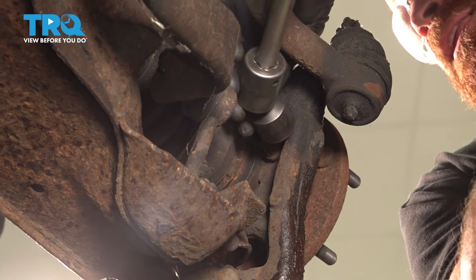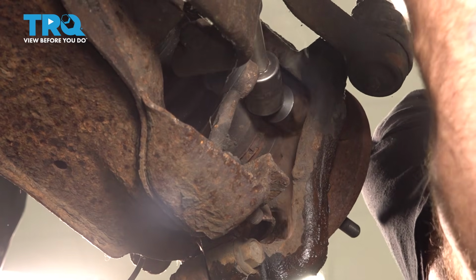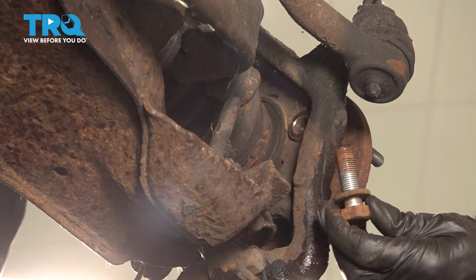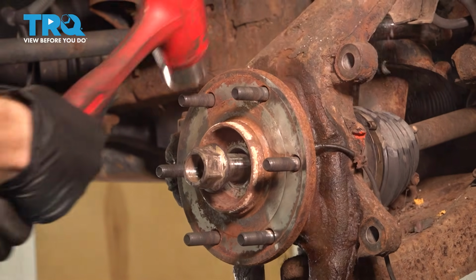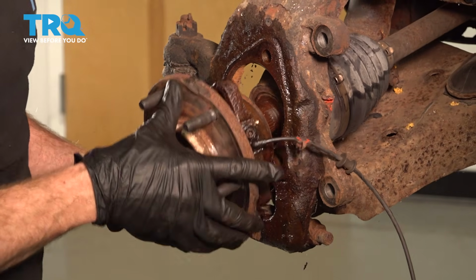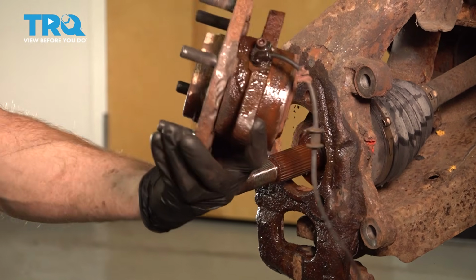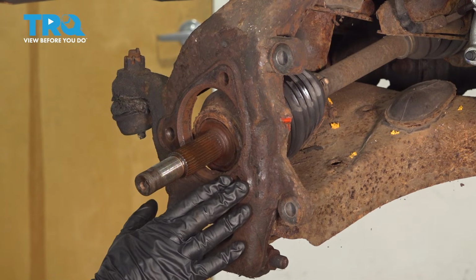Move along to the front for that last mounting bolt. Now let's give this a couple loving bonks to break it free. Once you have that broken free, remove your wheel bearing. Now that we have the wheel bearing out of there, it's going to be time to clean up the axle